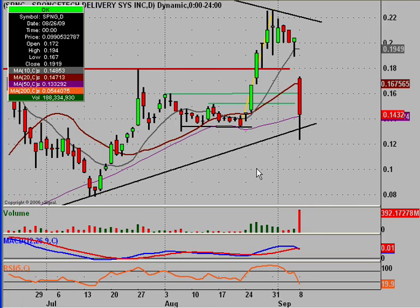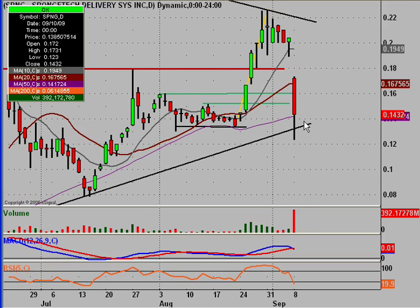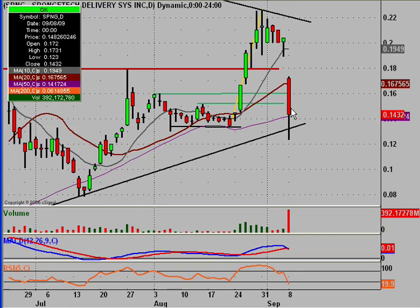But the main thing we wanted to see close above was this trend line here, which we did, and hopefully as time goes on this trend line will hold. That's something that remains to be seen, but tomorrow should be pretty interesting also. If anything, a nice sideways day would be a good thing to see. I'm not sure if it's just going to all of a sudden spike right back up here. Crazier things have happened, but if you go with what happens with the majority of charts, hopefully you'll just get some sideways action here, let people digest this news, decide what they want to do,